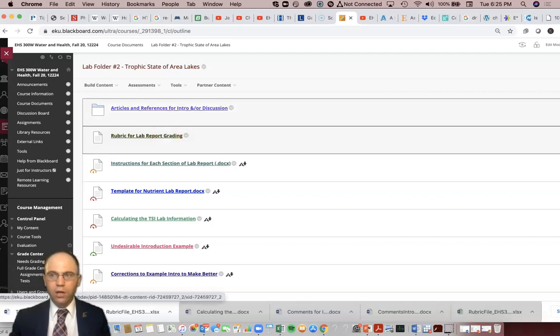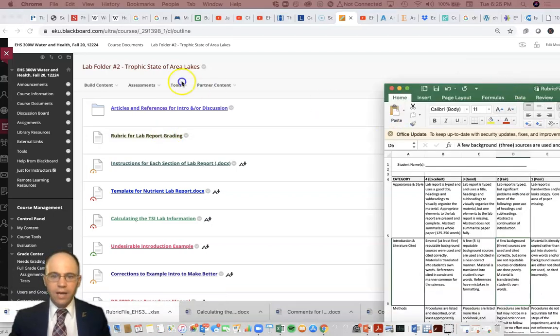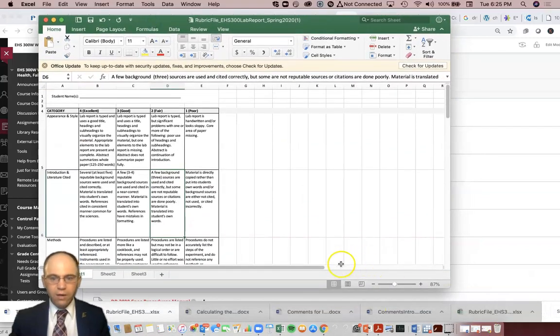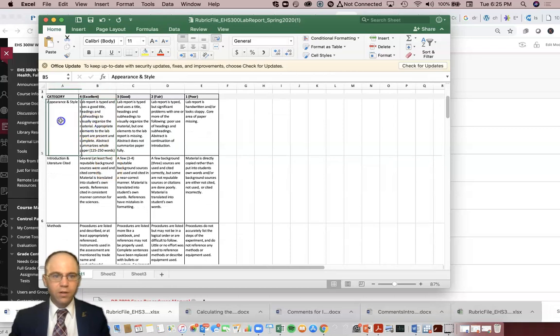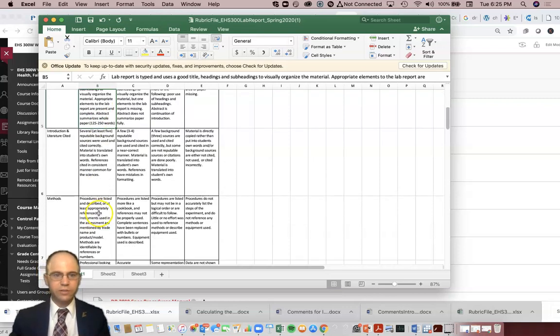All right, so with regards to what we've got on here, we've got the rubric. When you click on the rubric, it's going to open up an Excel file. It'll show you how you're going to be graded. And a few things that are on here, the appearance and styles. You want to have all the sections there: abstract, intro, methods, results and discussion, conclusions, references. With regards to the introduction,